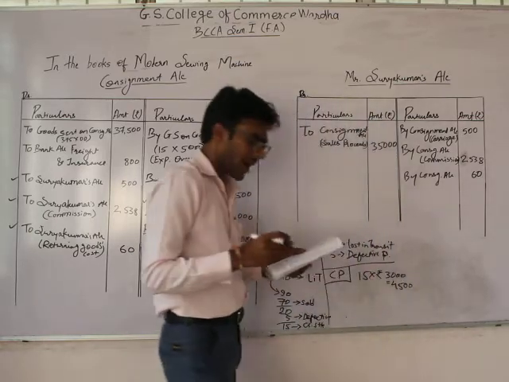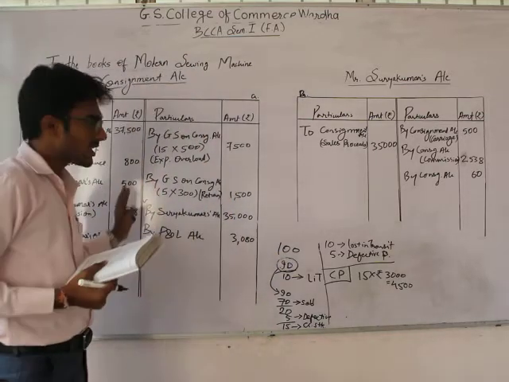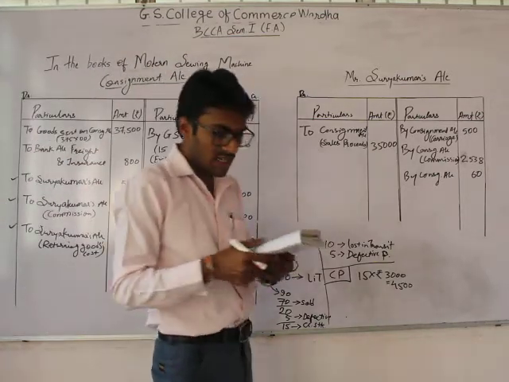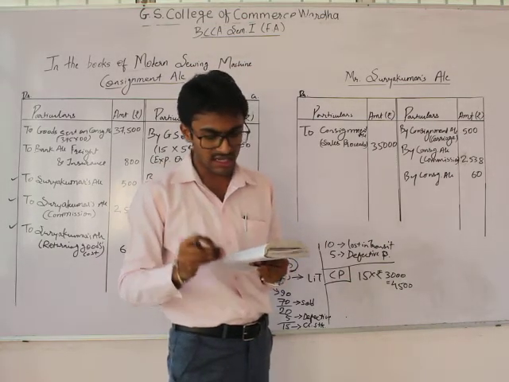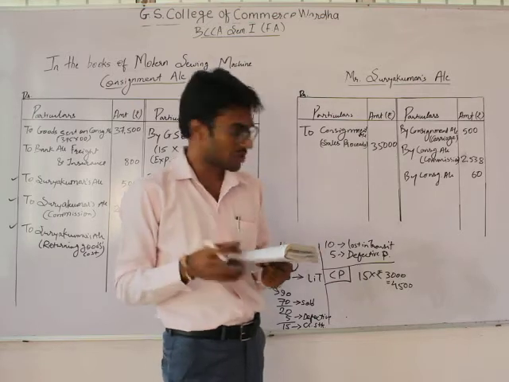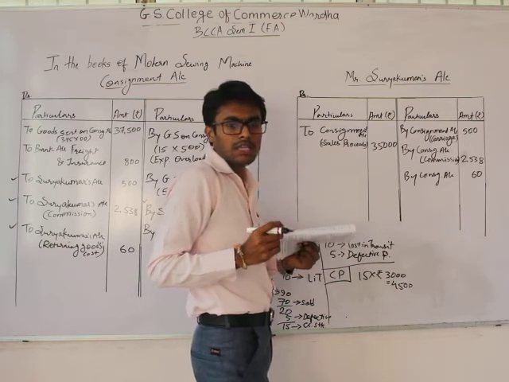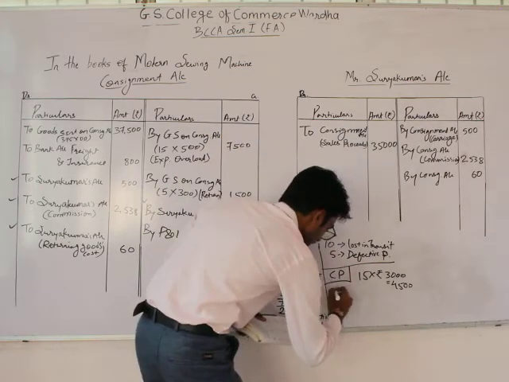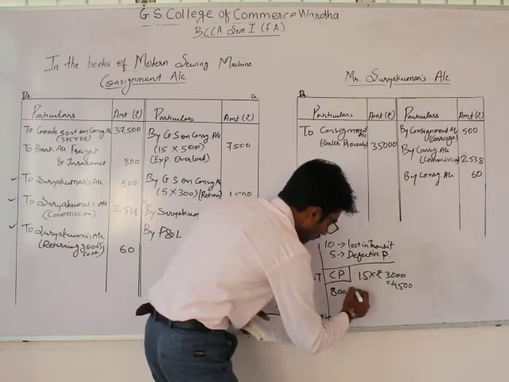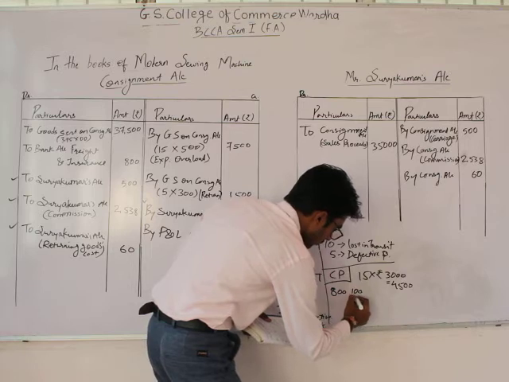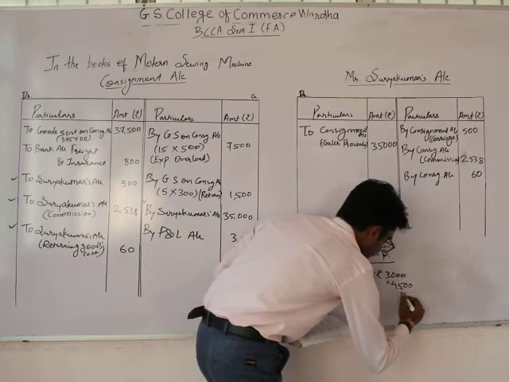Now we have to add the expenses incurred by the consignor and by the consignee. So consignee has incurred about 500 rupees and consignor incurred 800 rupees, which is given in the question at the time of consignment. So we have to add expense of consignor. Expense of consignor is 800 for 100 units, so for 15 units how much? That will be 120.